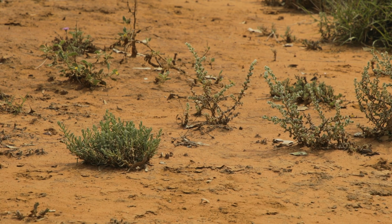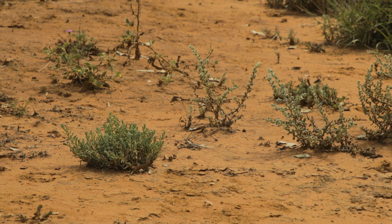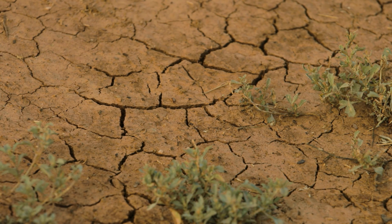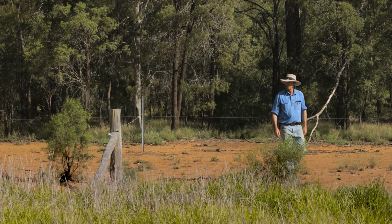I sprayed it with chemicals. Tom would spray it, or he'd plough it up, thinking that we would bring back a more desirable species. But that didn't happen. It came back. When it turned dry,